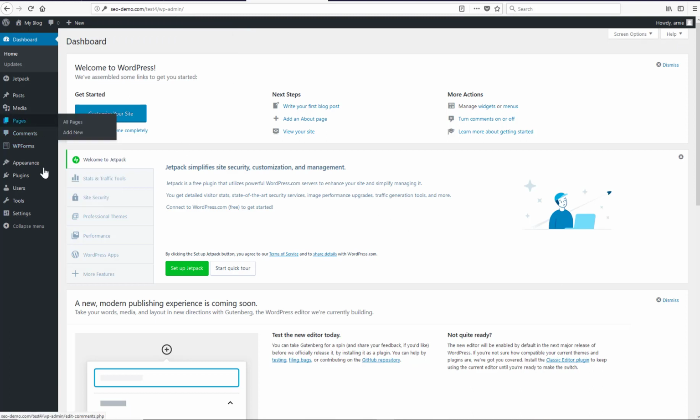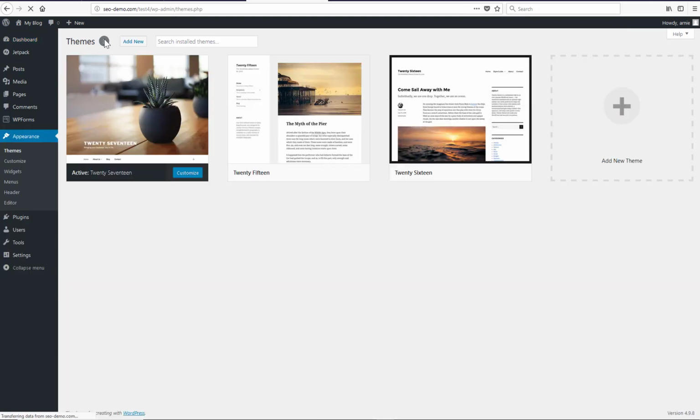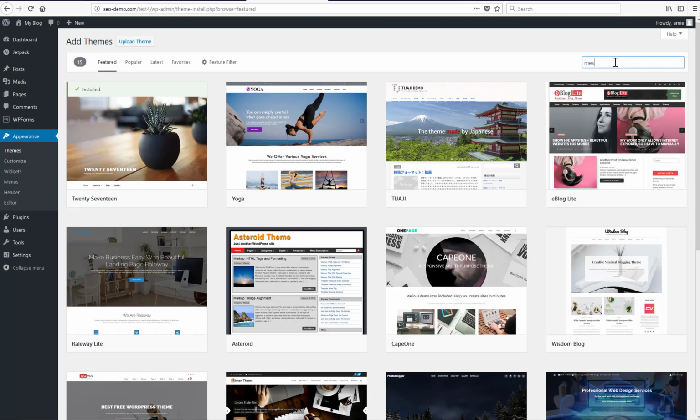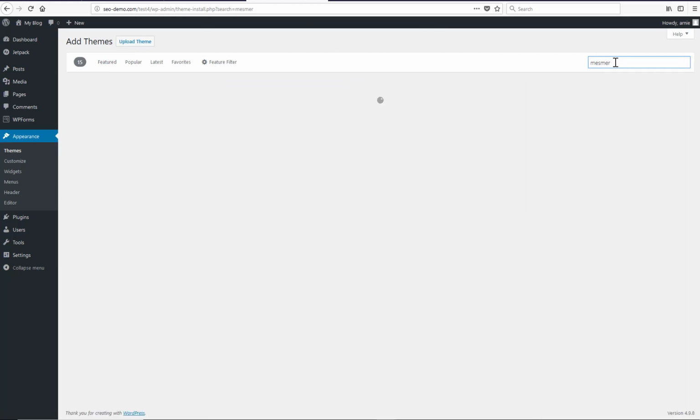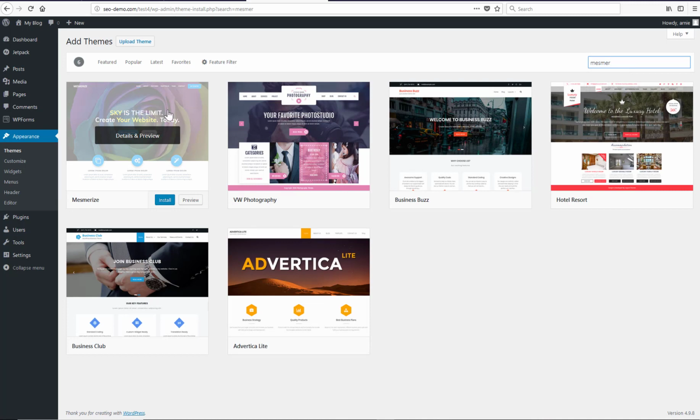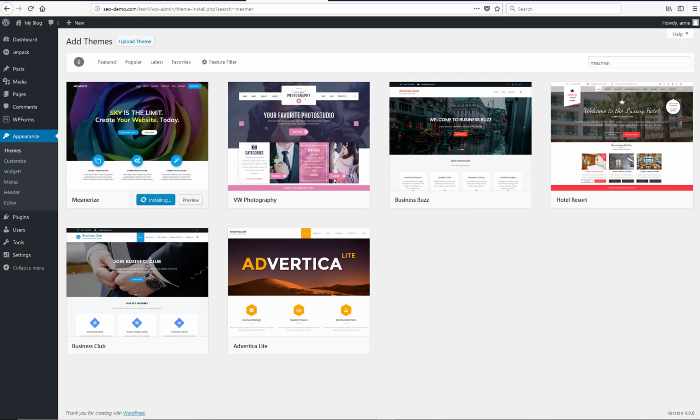So now I'm in the back end of the website, and the first thing we're going to do is install a theme. So we are going to go to Appearance, Themes. We are going to add a new theme, and we're going to search for a theme which is called Mesmerize. There it is. It's going to show it over here, so you should see this little screenshot. All you need to do is click your install button